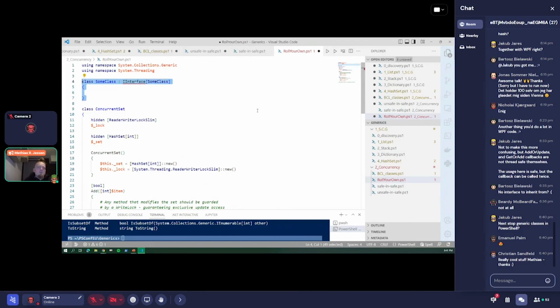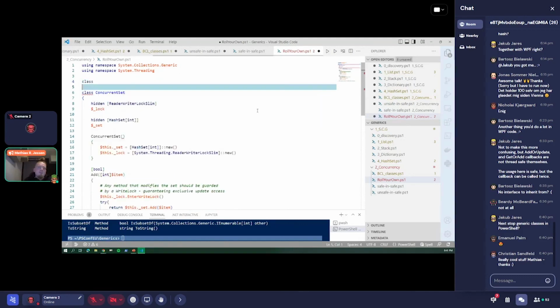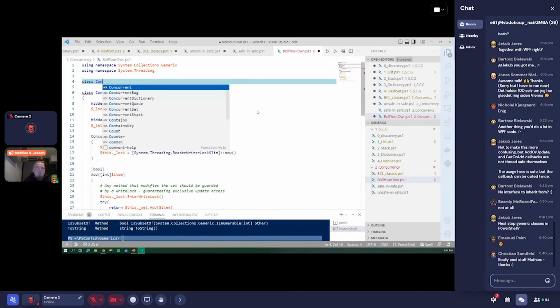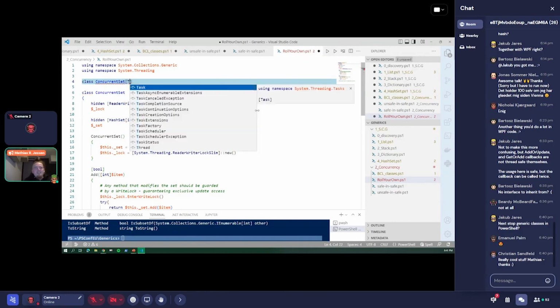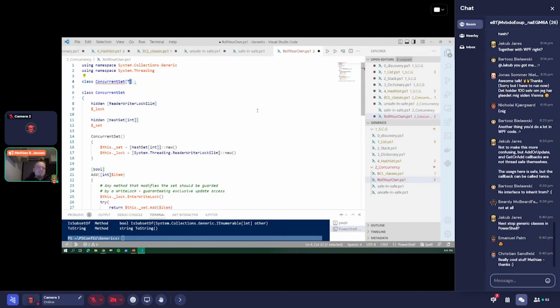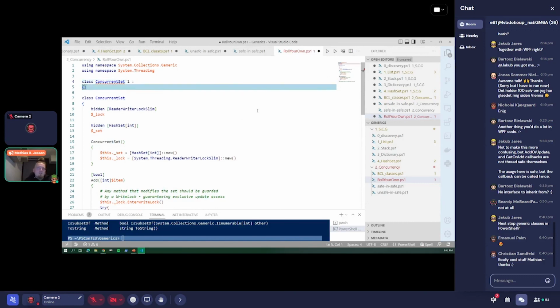There's no syntax available for me to say T and indicate that T is a parameter placeholder, or do something like this, right? There's no way PowerShell is currently going to recognize this syntax,